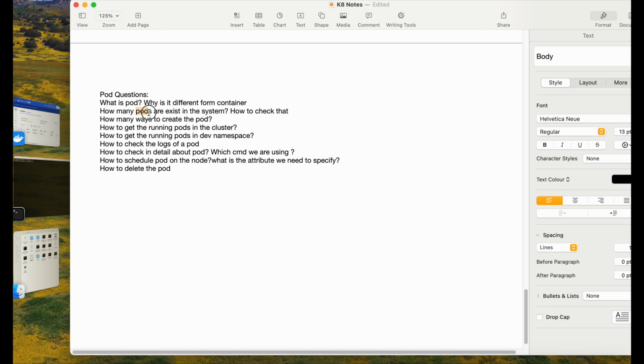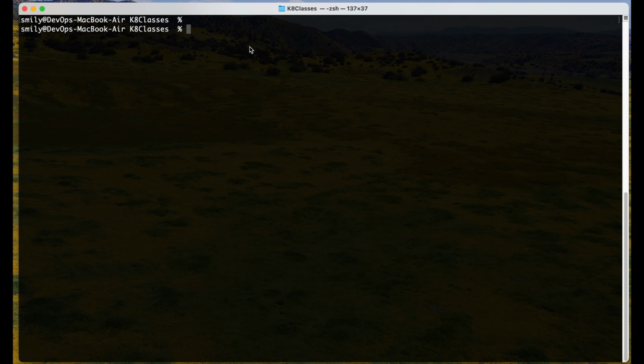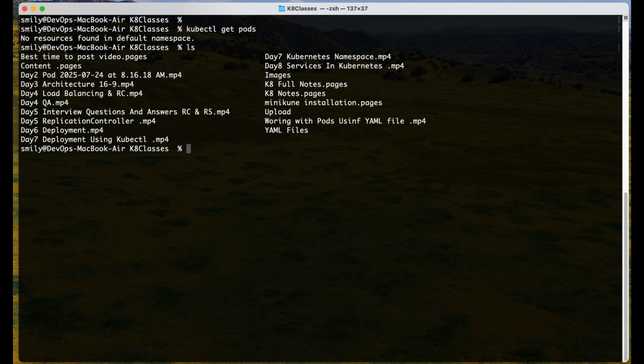So how many pods exist in the system, and how can you check it? In the Kubernetes system, how many pods exist? Kubectl get pods. Using the kubectl get command, you can get the list of pods. There are no resources available in the system. Now we will try to create one pod and get it. So nothing is available here, so we can use